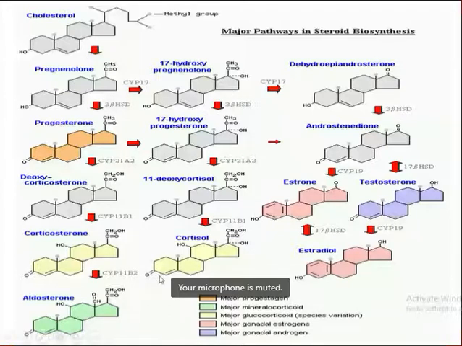Many times in the university examination, they ask: sketch the pathway of estrogen biosynthesis. Another question would be: sketch the pathway of testosterone biosynthesis. Then we have to sketch the pathway. No need to write the structure, just the names and arrows. That will be enough for examination purposes. Structure is not required for the examination.